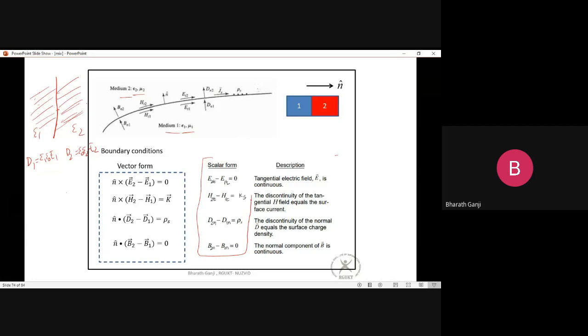Probably in your physics course, this is how they have given the expressions. I don't know whether they have given in this format or not, but this is a scalar format which you see in most of the textbooks, that they give the boundary conditions like this. The description says that the tangential component of the electric field is continuous, and the tangential components of the magnetic field are continuous if there is no surface current, but if there is any surface current, you can see